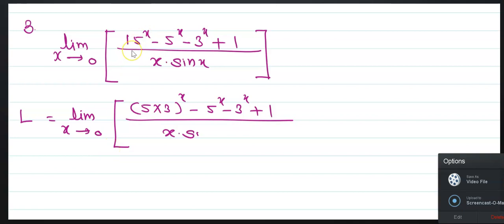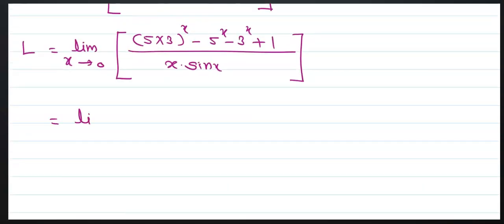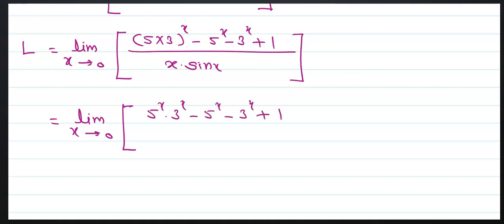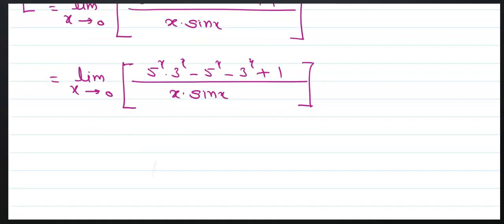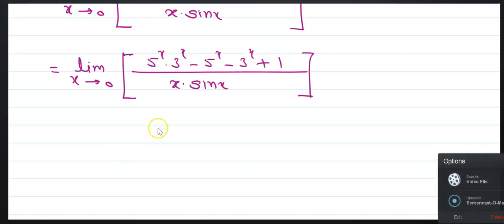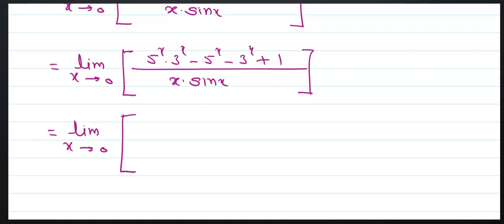Now see this here: 15 raised to x means (5 into 3) raised to x, minus 5 raised to x minus 3 raised to x plus 1. Therefore, it is written like this: limit x tends to 0, 5 raised to x into 3 raised to x minus 5 raised to x minus 3 raised to x plus 1 upon x sin x. Now divide the numerator and the denominator by